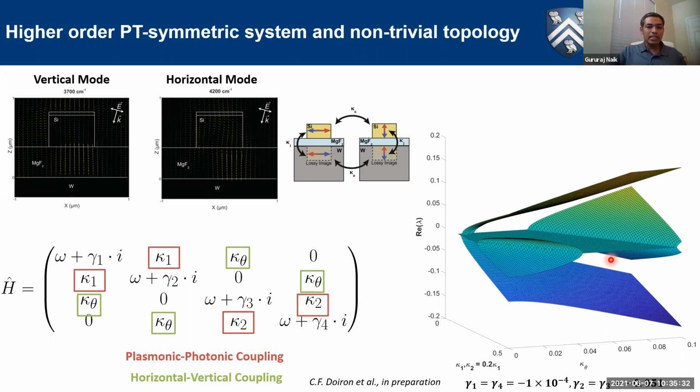We call this the exceptional concentric ring, where the topology is known as Z3 topology. We have plus half topological charge on one side, minus half on the other, and they are both connected through this exceptional surface, which is Z3 topology. This means we preserve the directionality, the contrast in thermal emission, and the spectral selectivity, all on this exceptional concentric ring, which is extremely important in making directional thermal emitters.